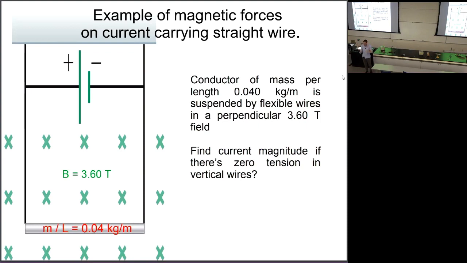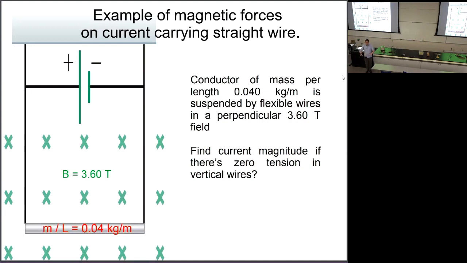We're told that I've arranged a very special value and direction of the current, such that the magnetic force on that wire, and there will be a magnetic force because it's immersed in the magnetic field in the picture, exactly balances the gravitational force. So that wire is kind of floating. There's no tension in the vertical supporting wires on the left and right, because that horizontal wire at the bottom is just quietly, mindfully floating there in